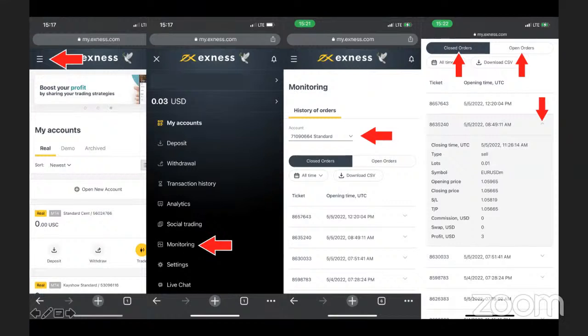All right. And then from monitoring, you can see all the trades that the robot is now trading for you here. So you want to make sure you choose the accounts that you have given to us here. Then you begin to see all the trades here. To see more details about a particular trade, you click on this drop down and it will show you that particular trade, the time the trade closed, the lot size that was used, the symbol that was traded, which is EURUSD, the opening and closing price, the stop loss, the take profit, and how much profit was made on that particular trade.